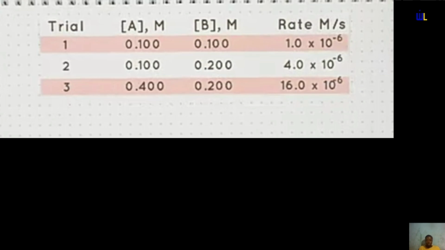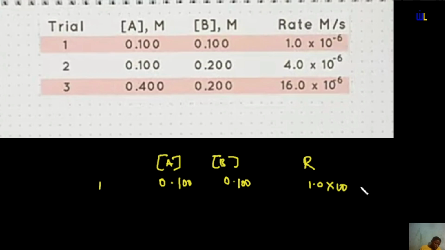Now, putting down my values, I have the concentration of A, and I have the concentration of B, and then I have my rate here. So let's get to work. The concentration of A initially in the first trial is 0.100. The concentration of B is 0.100, and the rate is 1.0 times 10 raised to power